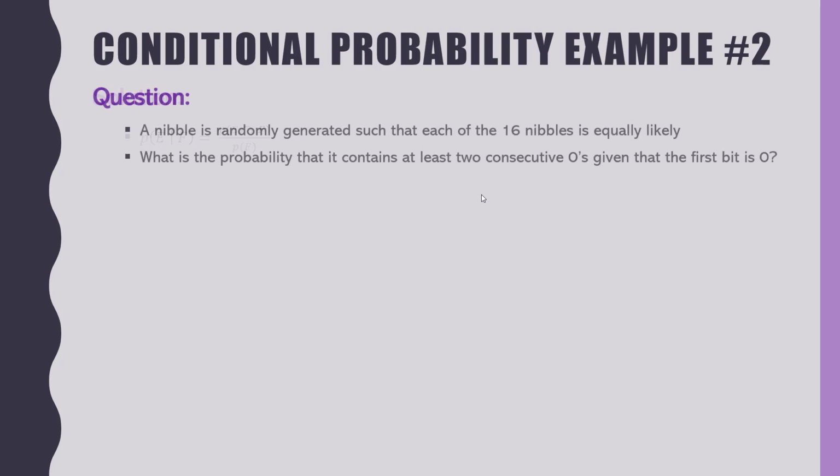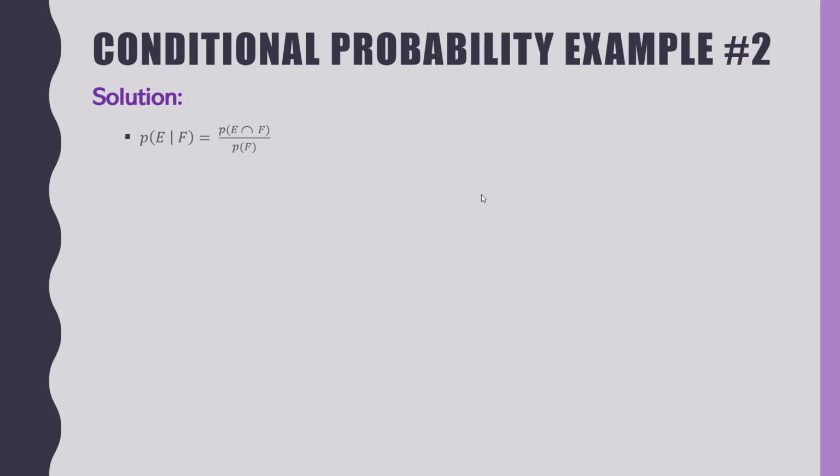So here's our formula again. Did I skip a slide? No, okay, we're good. Here's our formula again, right? So let's look at each piece of this. What is our event? What is E? The probability of E given that F occurred. Do you remember what the question was? So what is E? 2 consecutive zeros, right? Yeah. And then F,